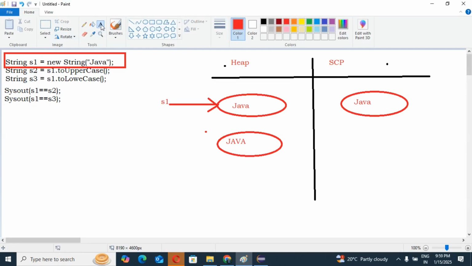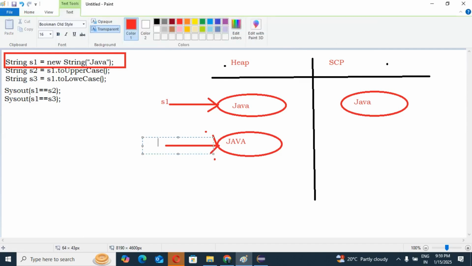Yes or no, guys? Very simple, right? This is S2 only, as per the string immutable concept.